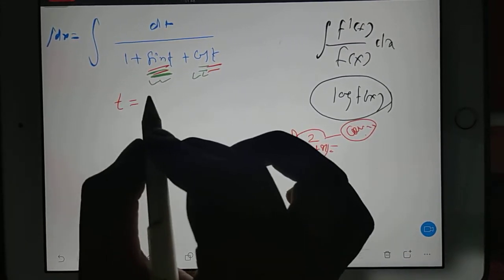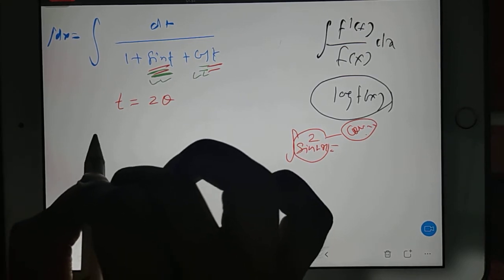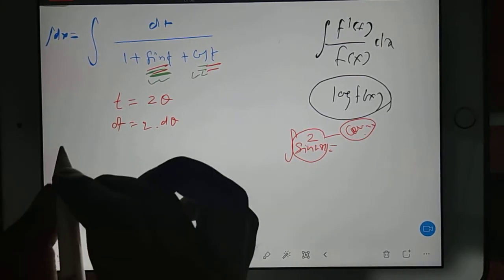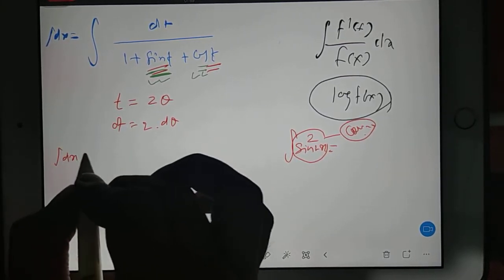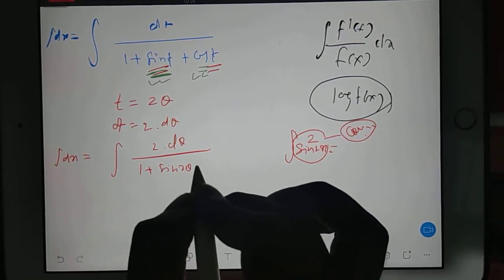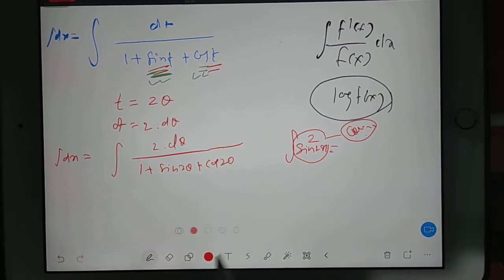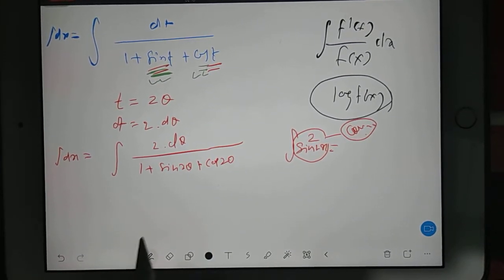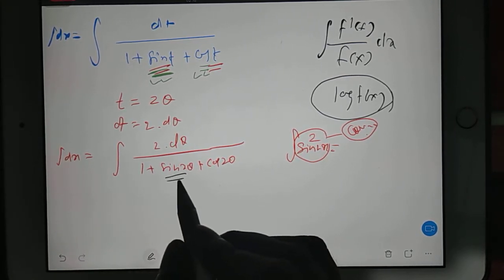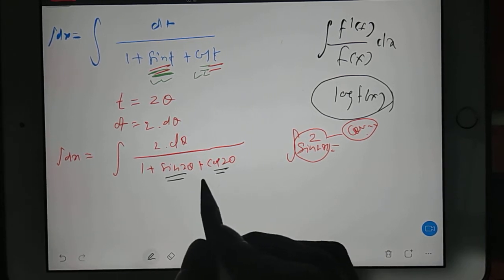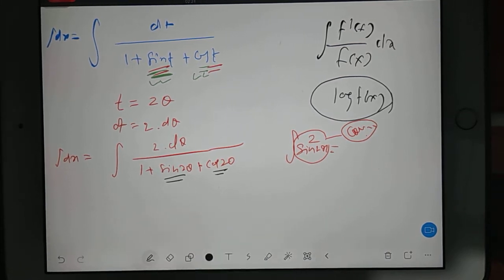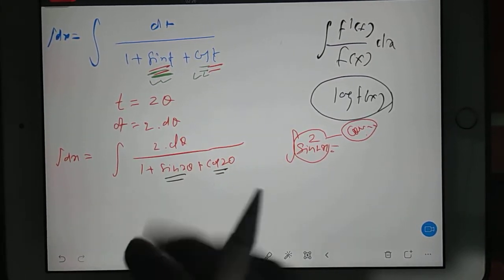So we can do one thing. We can again change, like t is equal to 2 theta we can consider. Then here also dt will be equal to 2 d theta, right? So then this time dx is equal to, I'm going to write here, 2 d theta over sine 2 theta plus cos 2 theta. That's all, guys. Now we can convert sine 2 theta and cos 2 theta, but your conversion should be such that it should look something healthy. So what can we do here?